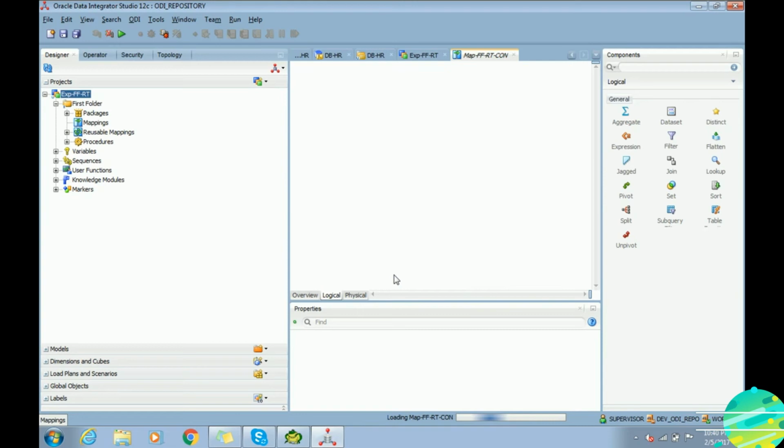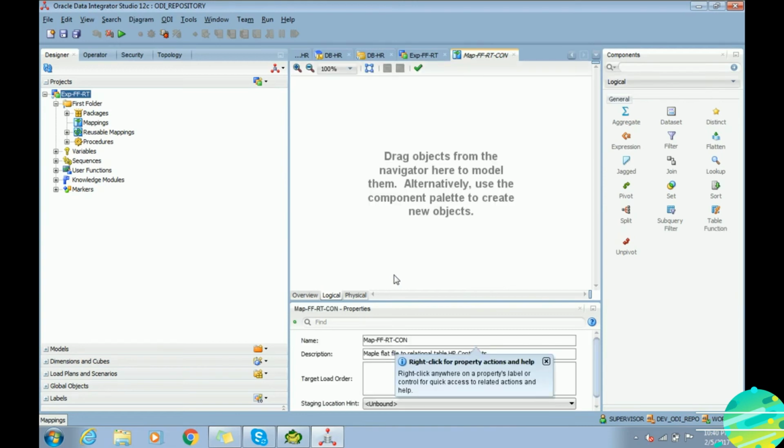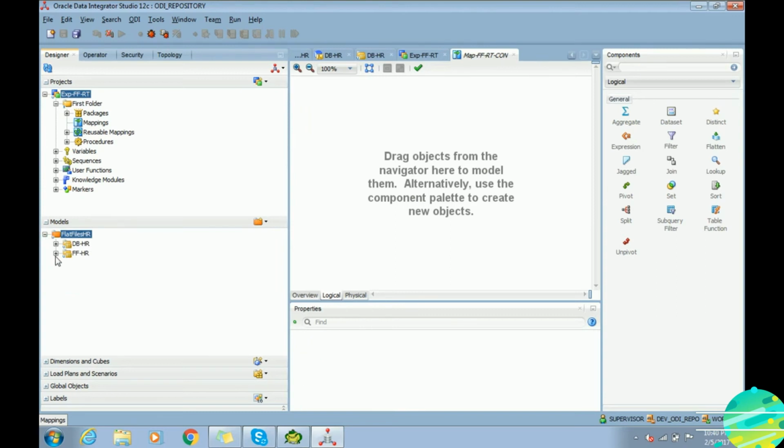We are in the logical tab of the mapping. This is where we have to drag the source model and the target data model. So go to the model and open the continents data store which we just created.